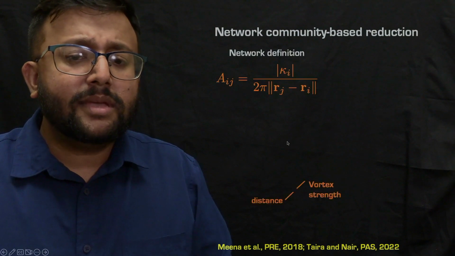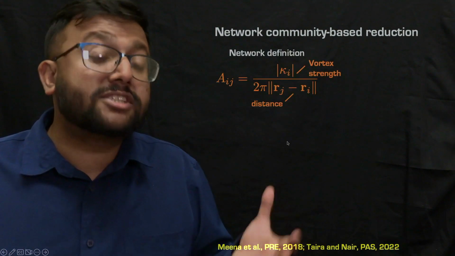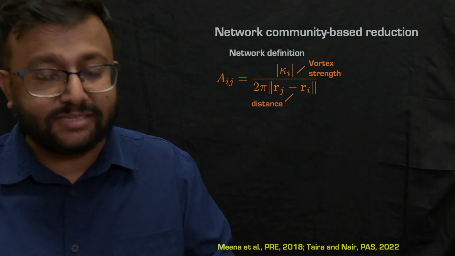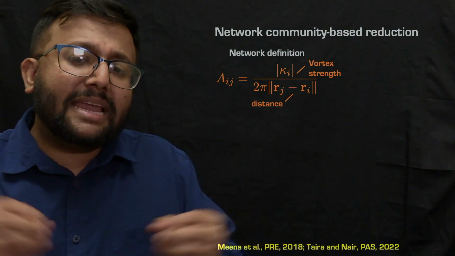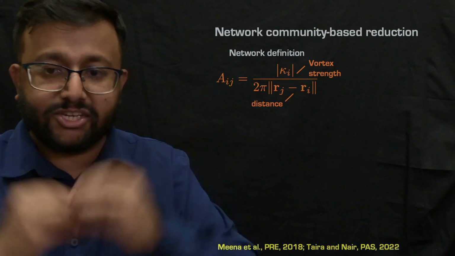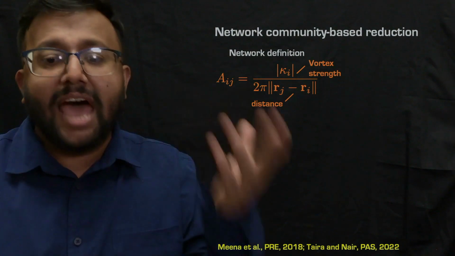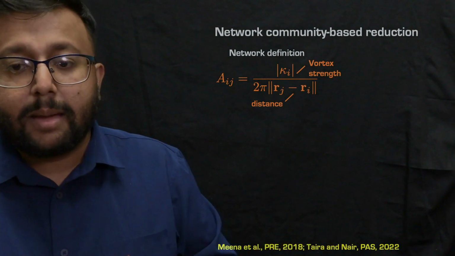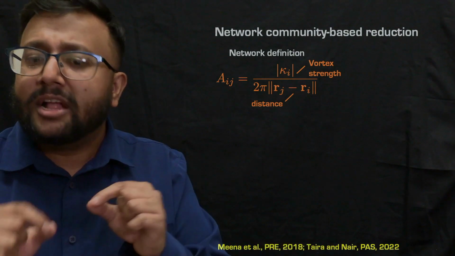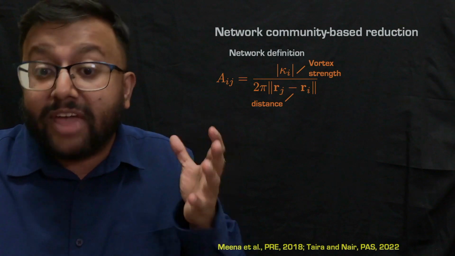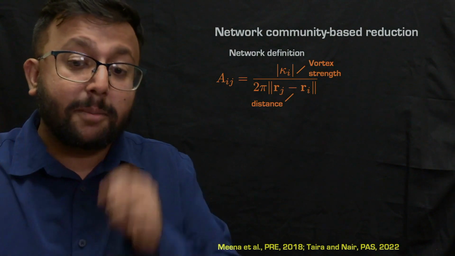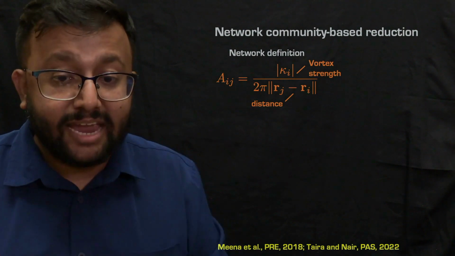So essentially, for this, we first need to define what the network representation of the fluid flow is. A network typically consists of nodes and edges, and each of these edges have weights. So in the neural network, we had to train the weights of the system. But if we know something about the interactions in the system, so we have some domain knowledge, we can actually impose the edge weights between the nodes to actually create the network.